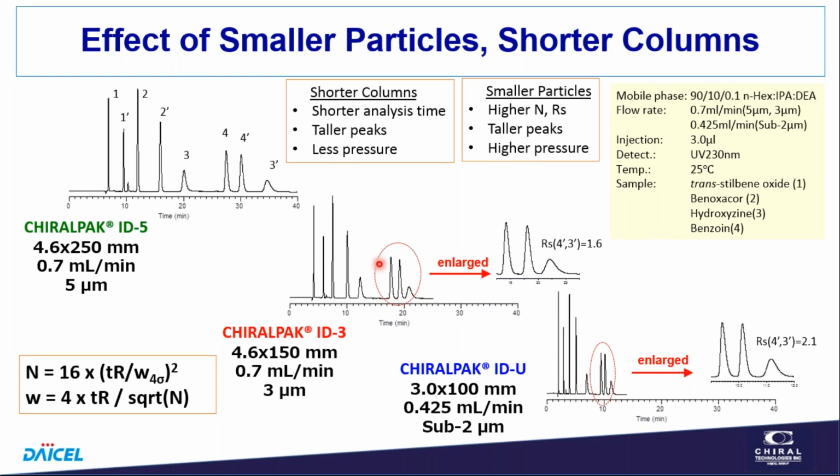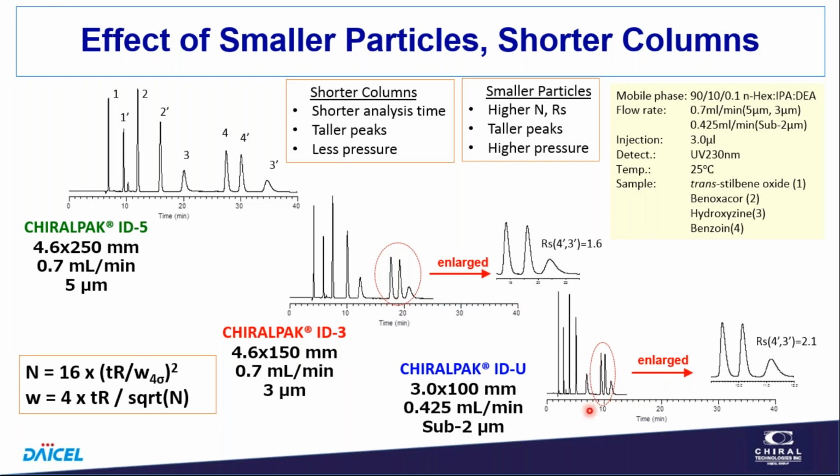But one of the other issues is you don't want to have just good enough separation in your method when you develop it. You want to have some leeway, so that if there is some variability from instrument to instrument, or some variability in a stationary phase or whatever, you have enough resolution to overcome some slight differences in the observed resolution with your method. So part of making a robust method is not to have just barely any separation. You want to have plenty of resolution.